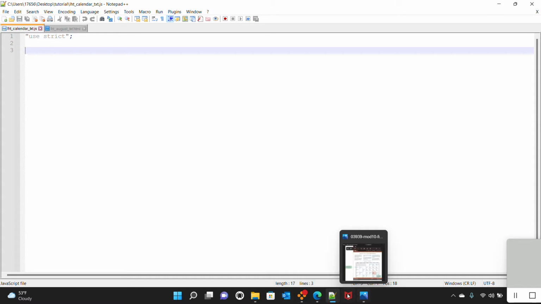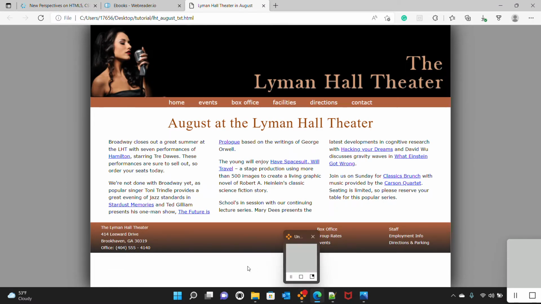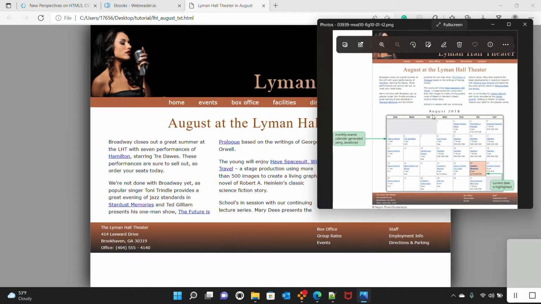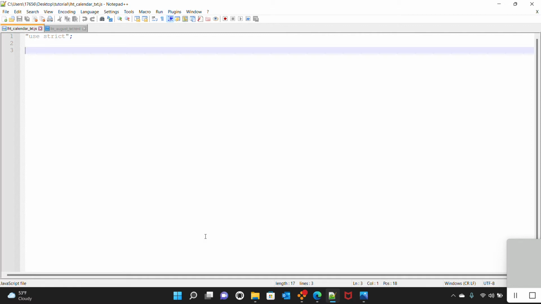So the first step, we need to add caption to the table, and this caption must display the name of the month and year. So we know from previous videos that functions like get month return the number of month. So we need to define a function to convert that number into the text string. So to be able to convert that, we need to add an array to our program. So first,